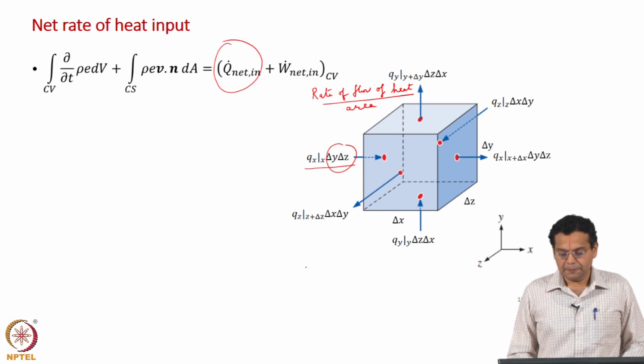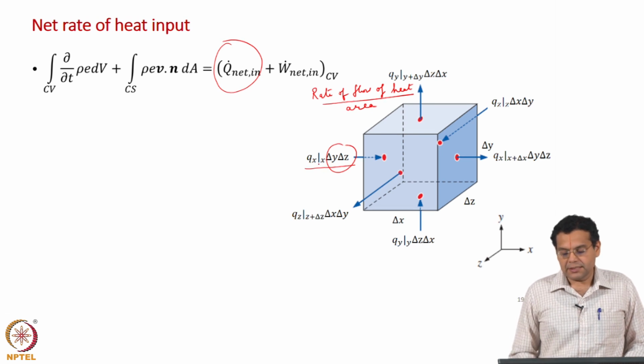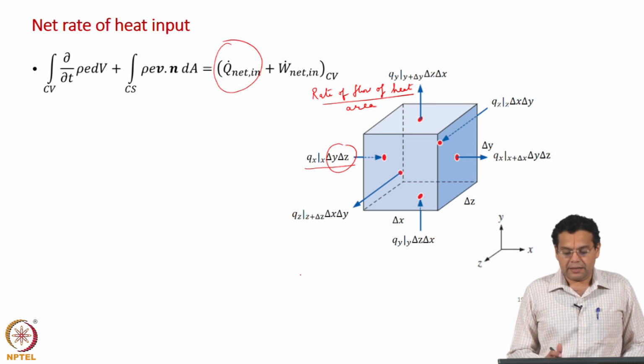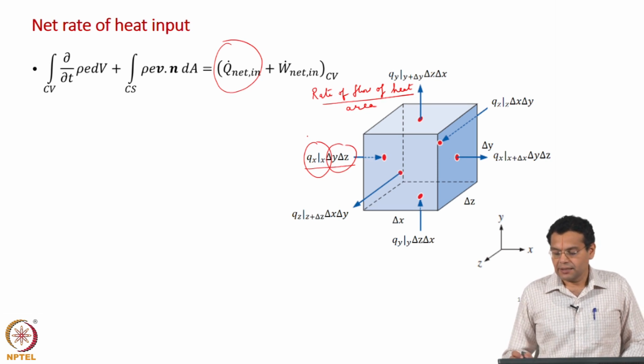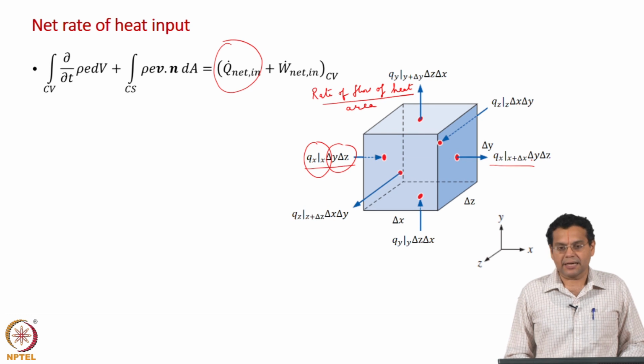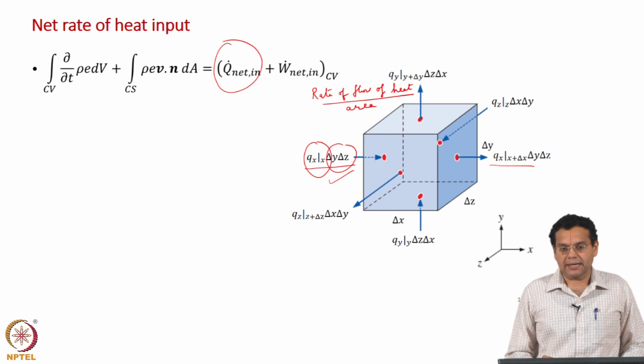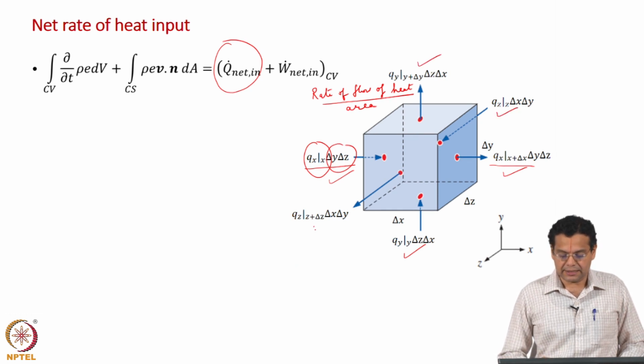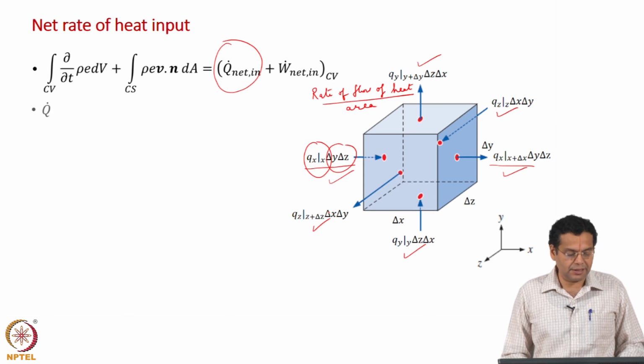rate of flow of heat, and this heat flux can vary with spatial location, and so we express that as qx evaluated at x and similarly qx evaluated at x plus delta x, and this represents rate of heat input by conduction, and this term represents rate of heat output by conduction. Similarly, we have heat input in y direction, heat output in y direction, similarly in the z direction as well, heat input and heat output. So, let us write down all of them.